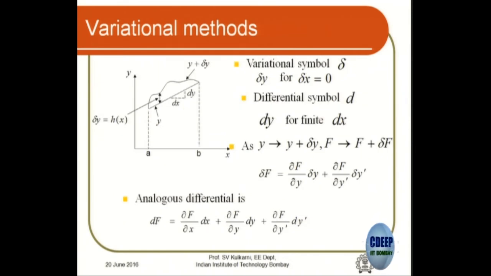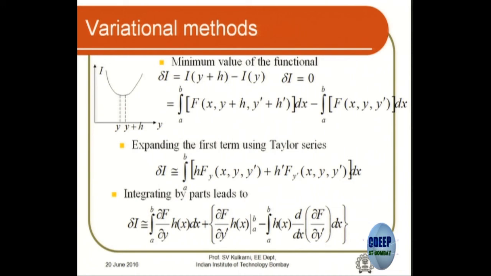That means this one variation of potential, what is shown here, is for one set of potential values, right? If you take another set of potential values, it will be something different, right? So that is giving you this I versus y. So each y here is the set of potential values for those points in the domain.